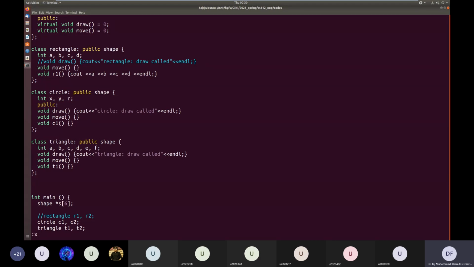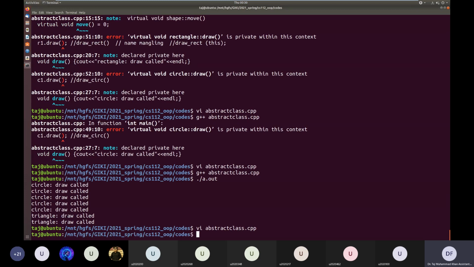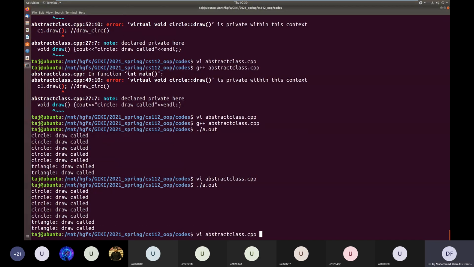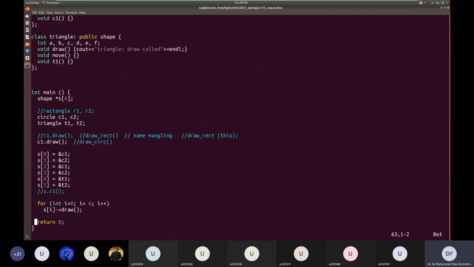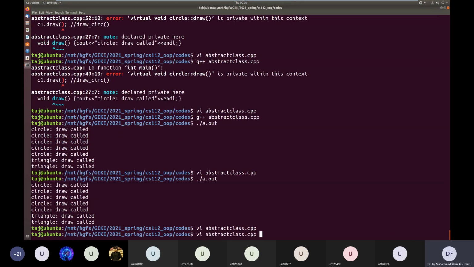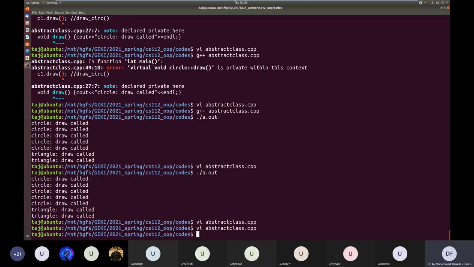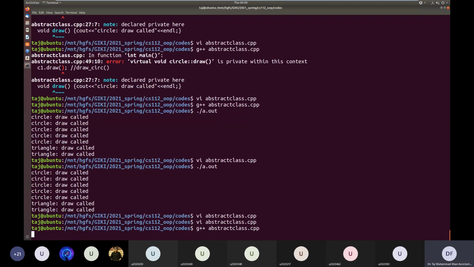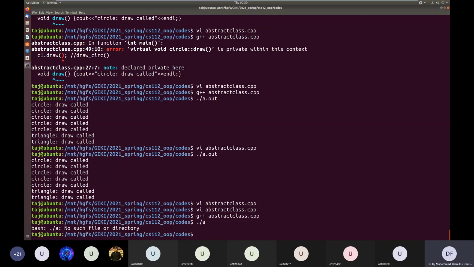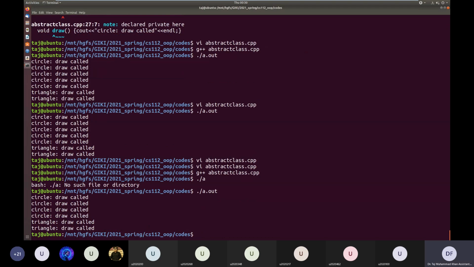Why is it showing seven times? Here circle draw is being called five times. Oh no, sorry, there's this call to circle draw also. Yeah, now it's correct.